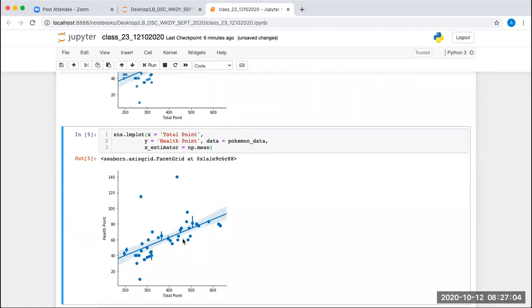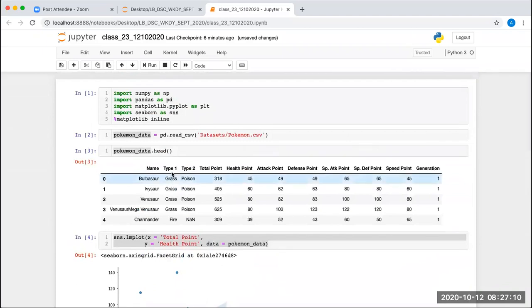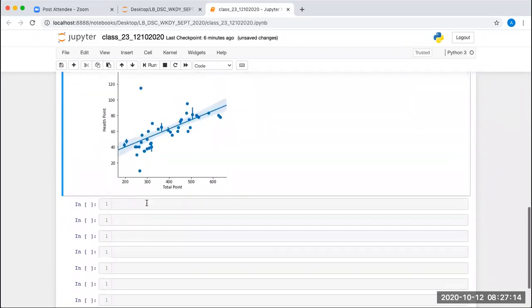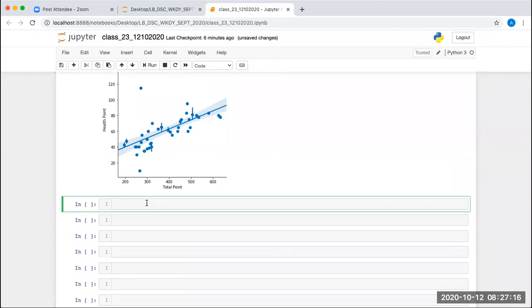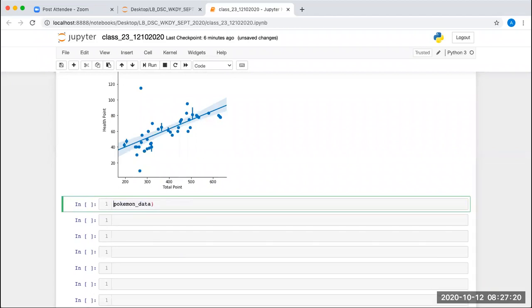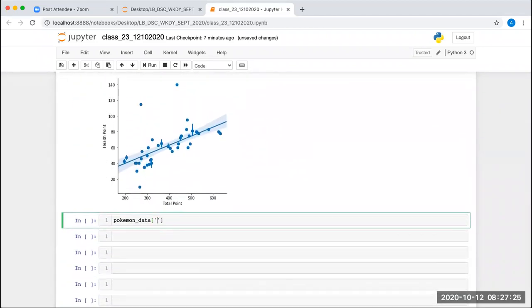Now there is also a column attribute. For example, look at the data here, type 1. What values do we have in type 1? We take the Pokemon data, and the column we are checking is type 1.